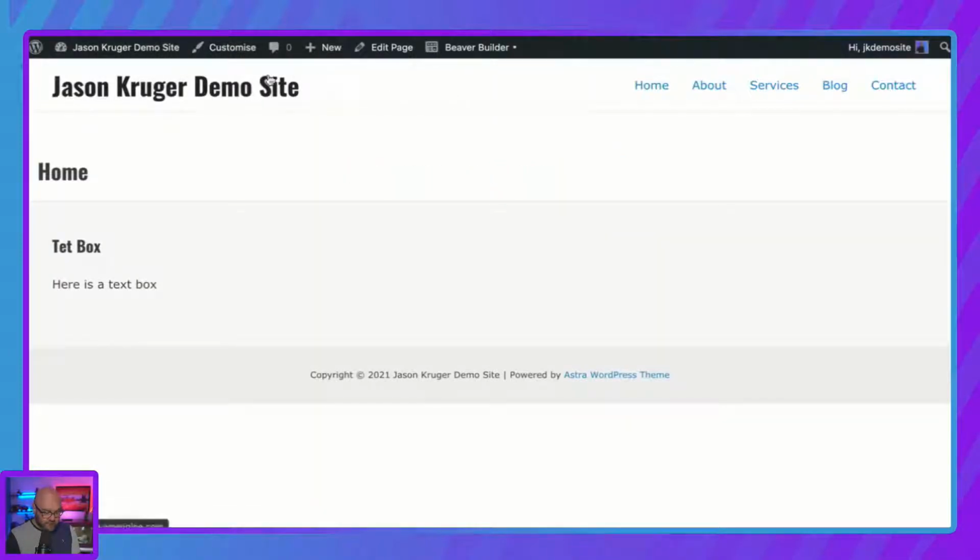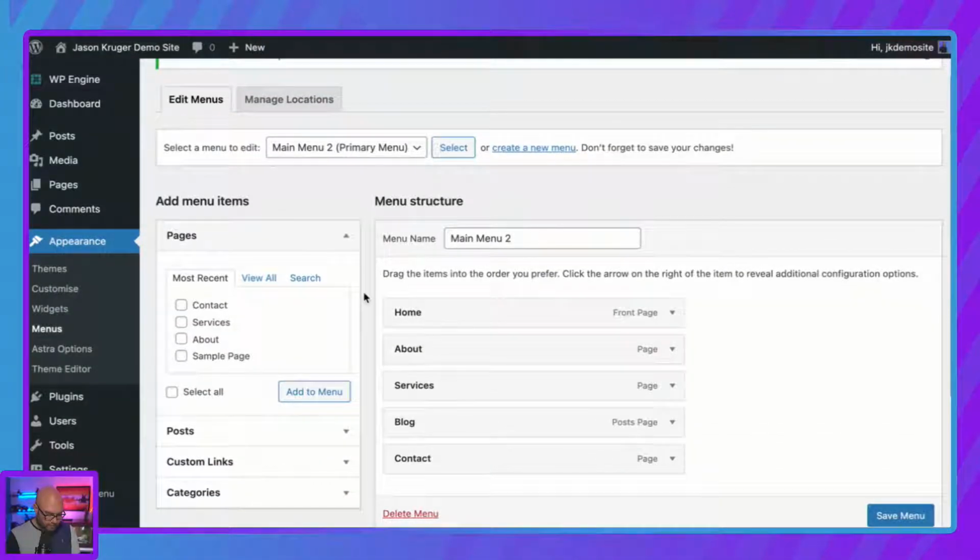And as you can see, this is my home page. This is part of the footer that we created earlier. That's my test box, or text box, as I've named it here. So this is the page here. Now what I could do is just click on Beaver Builder here and I'll go straight into the Beaver Builder plugin. But before we do that, I'm just going to go back